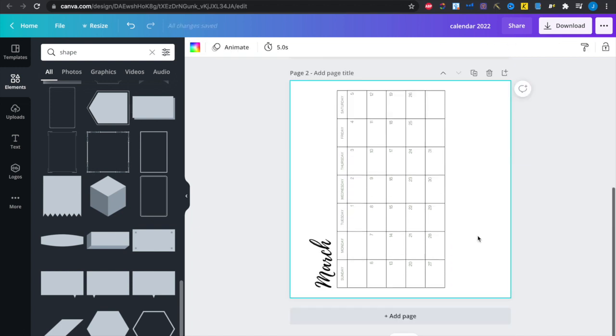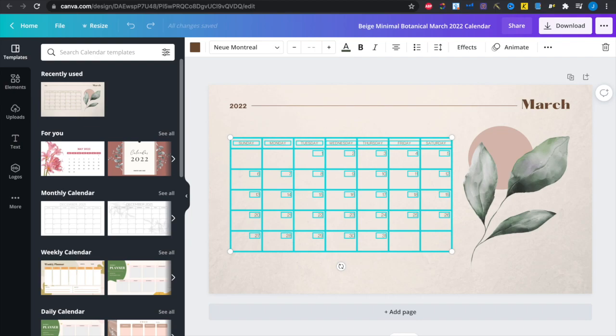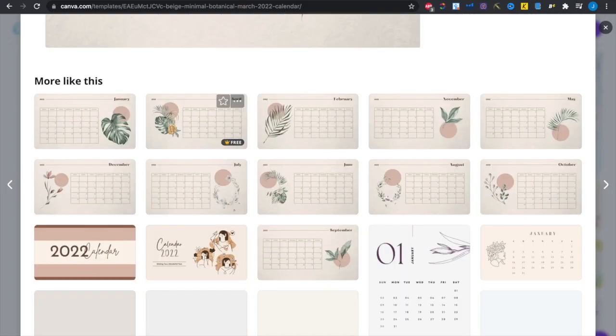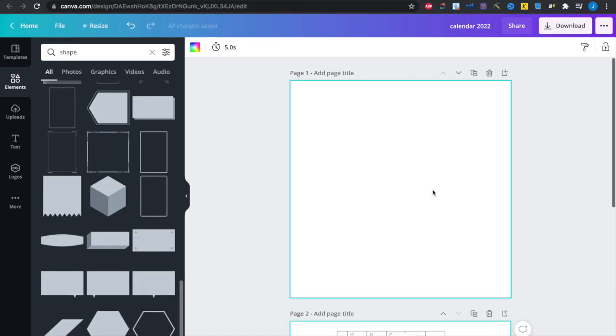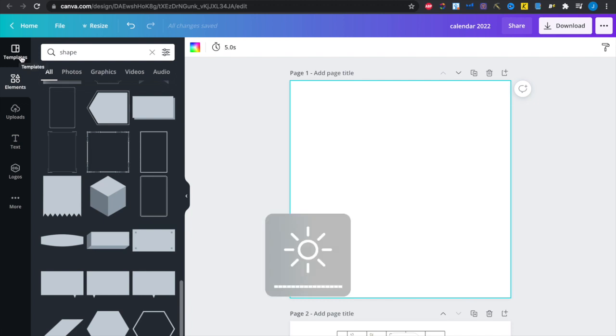We want to do this for every month. So it is a bit manual. You need to go back, click the month that you want. Right now, this is for March, but you obviously want one for each month. And at the top, this is where you normally put the illustration. So if you niche down from calendars to cat calendars or animal calendars or funny calendars, whatever it is, you want to put the illustration or the quote at the top. I normally use photos from Raw Pixel or